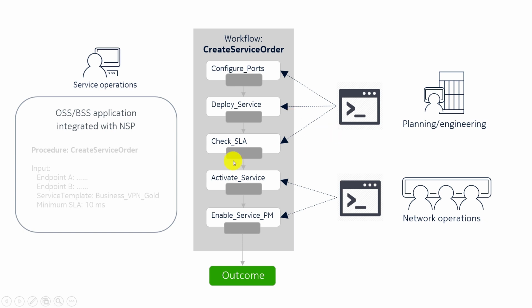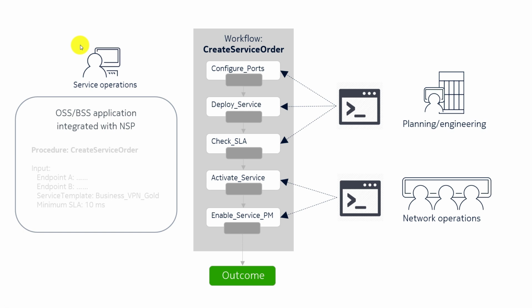The activation procedures and requirements are managed by the network operations teams, and the network operations teams can also program the tasks and requirements to get the service to the next level, which is ultimately rolling it out for end customer use. In this mode of operation, the high-touch operational procedures required to roll out services are reduced to a single